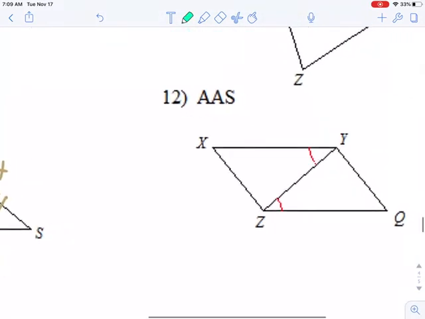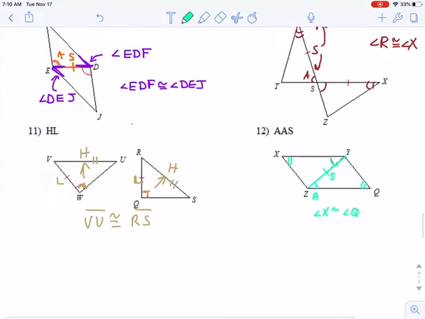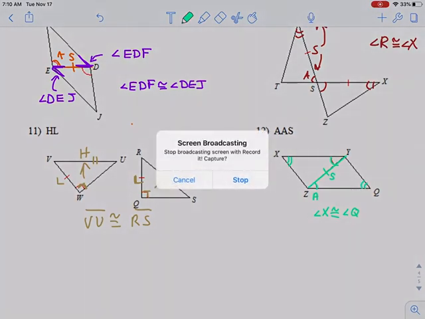And then over here, we need angle, angle, side. We got this shared side here. So I got to make sure this side is non-included. So angle Q. And then we have this angle here. So I need angle X. Angle X congruent to angle Q would force angle, angle, side. All right, that's it. Have a good